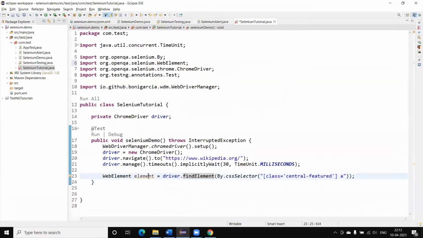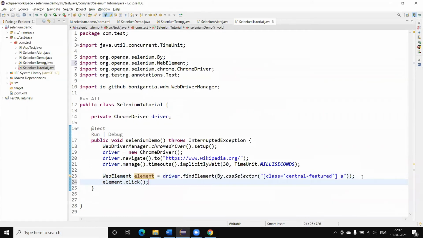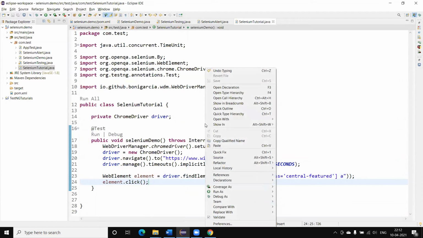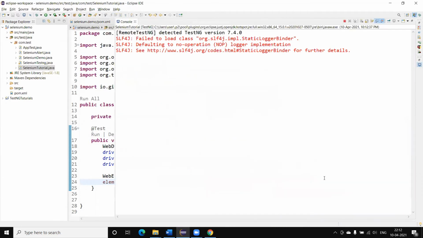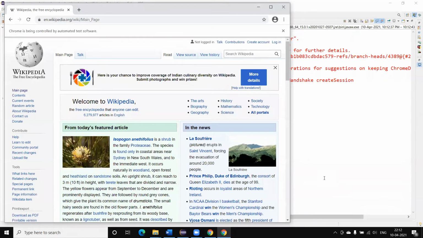It means if I use this to click, it will click on English. Let me run and show you. Yes, this clicked on English, you can see the English page is open.